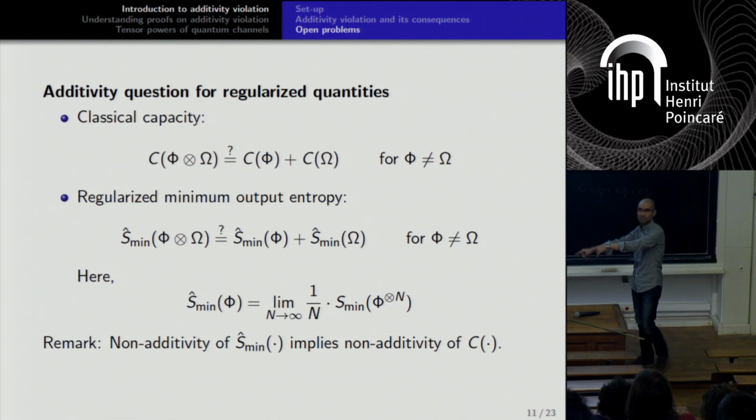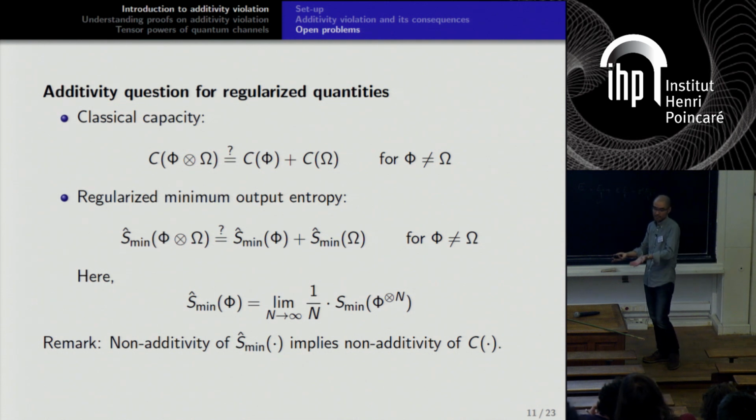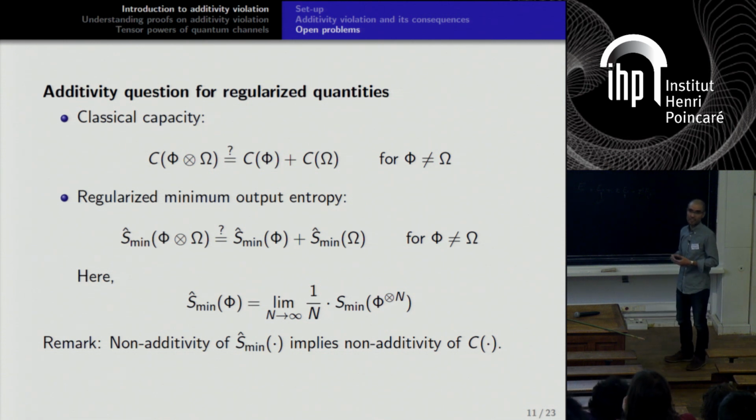Now we are allowed to use entanglement between these two quantum channels and send the information. And I don't know what the capacity is. Classically, we have additivity here, so we know that we have two channels, and even if we use them together, we can calculate capacity separately. But here we don't know.